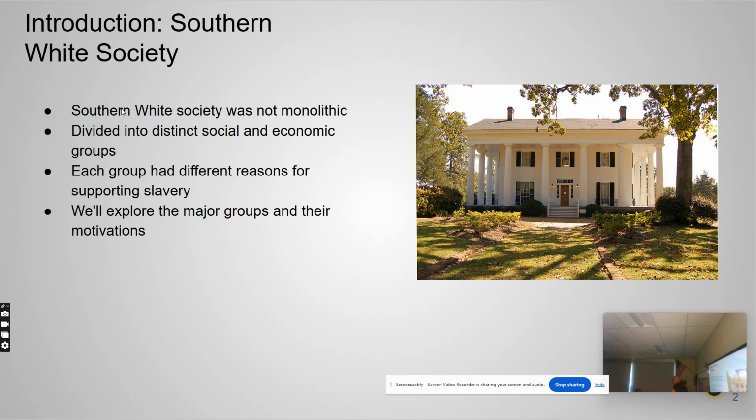Let's introduce Southern white society. And again, we got a beautiful mansion, part of a plantation, I'm sure. Southern white society was not monolithic. Monolithic, there's a word, Dylan. What's it mean? Mono, I know mono means one. So, Southern white culture was not monolithic; all whites did not live on the same plane in the American South